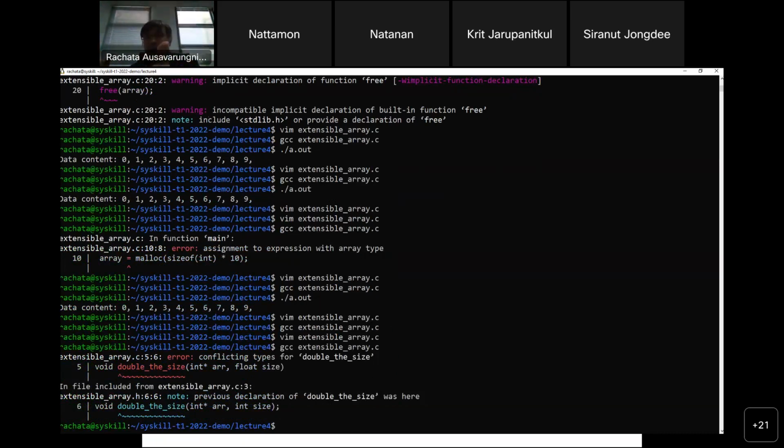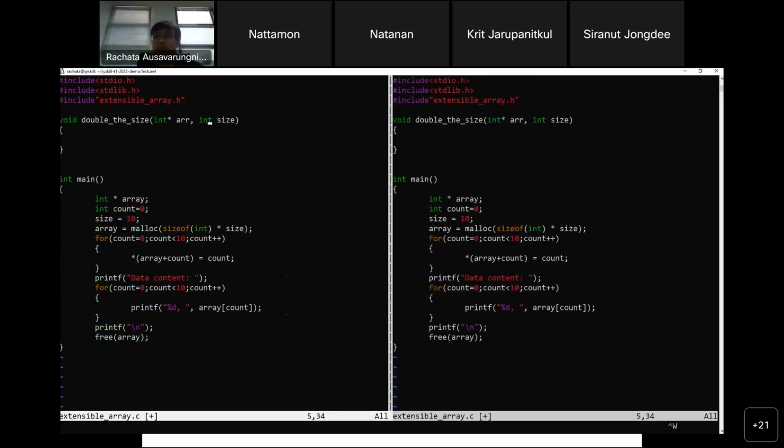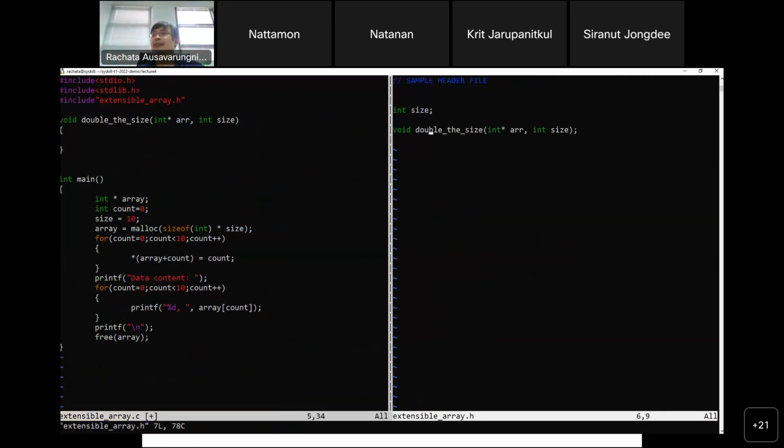But in your C program, you have a function with the same name, double the size, but it takes in an integer array and a float size. This is much easier when you work in a big team and someone designs a program and gives you the header file and says, hey, this program needs to behave this way.